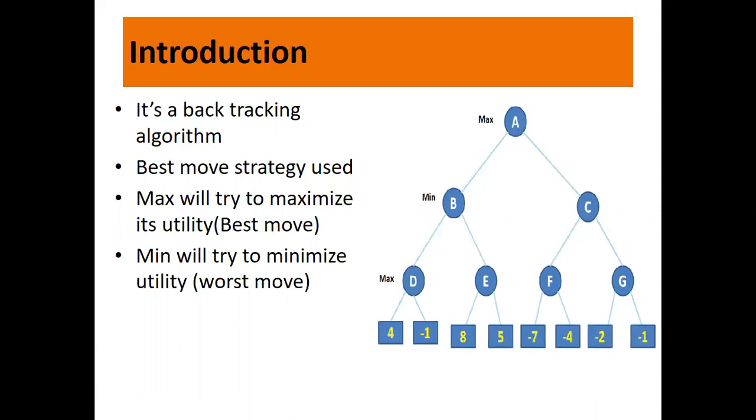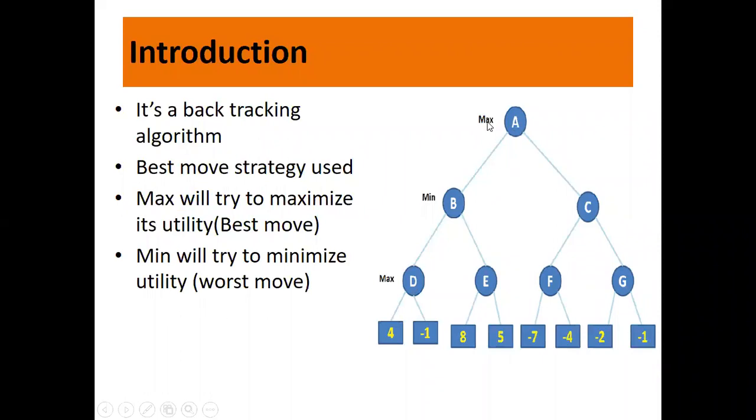Before going further, let me first tell you all, in game playing, the breadth first search algorithm is not used. As per the fundamental basics of a game, from a particular position, if two moves are possible, A has only two moves: either it can go to B or it can go to C. So if two moves are allowed, only one can be used. Either you move to B or you move to C. And once a move is made, the next move will be made by the opponent. Once I have made a choice, the next choice will be of the second player. He will decide which one to choose. I cannot make a choice again.